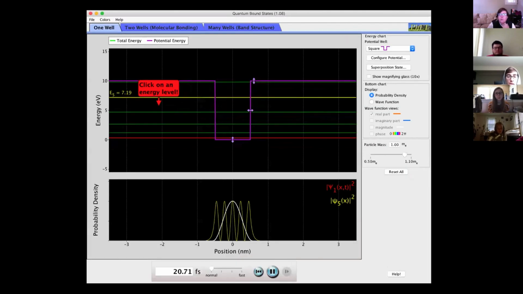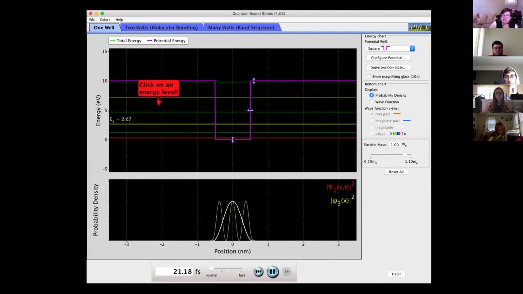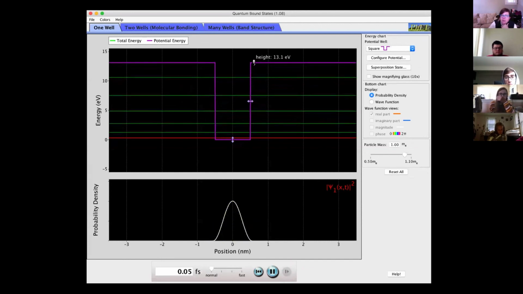Okay, so we saw this before when we were just looking at the infinite square well. So for instance, we just make this really tall. You can see there's different energy levels, right? This purple thing is the potential energy, right? Potential energy 0 in the well and very high outside the well. We can't really make it infinite in this simulation, but if you make it really high, it's going to be approximately okay. And you can see there's different energy levels, right,